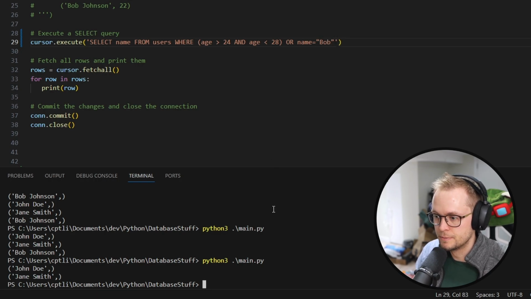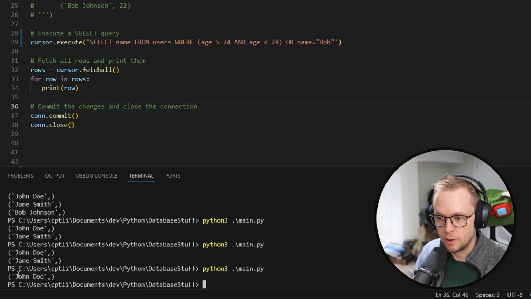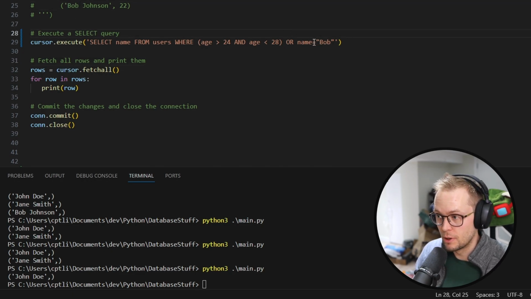Bob. And then we can run this. Oh, I didn't save. And then we can run this and we can see that we only get John Doe, because name equals Bob does not actually work. Now, why doesn't that work? So why doesn't Bob work? Bob doesn't work because we're specifying that the name has to equal specifically Bob, but the name is actually Bob